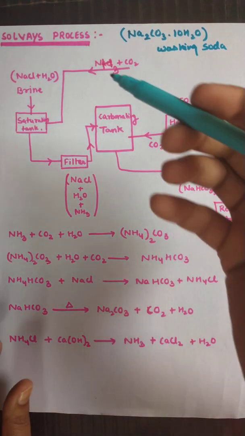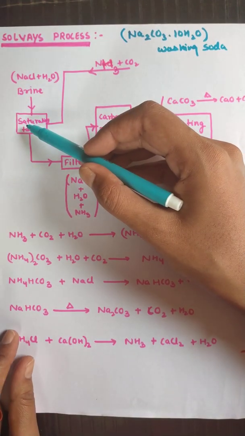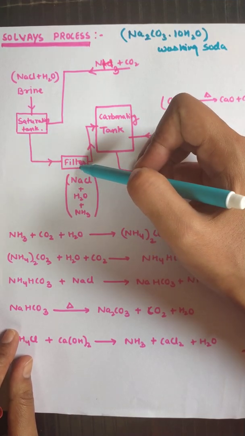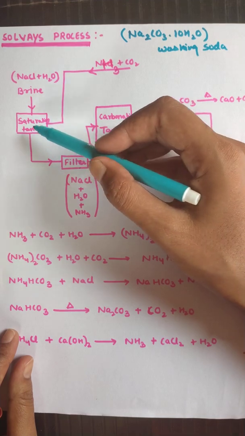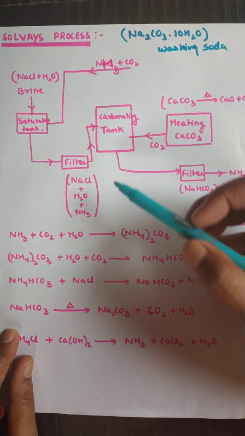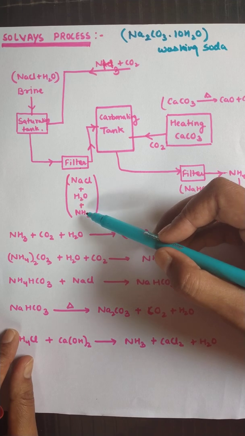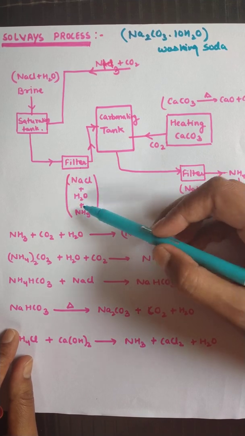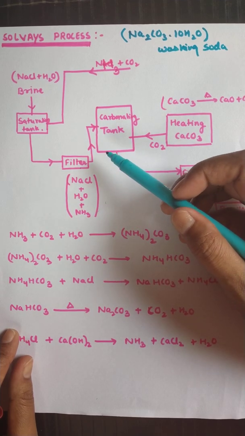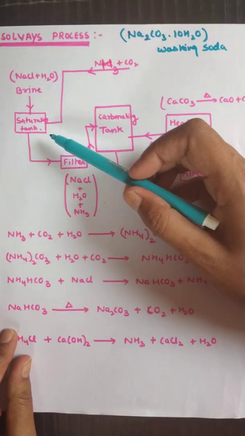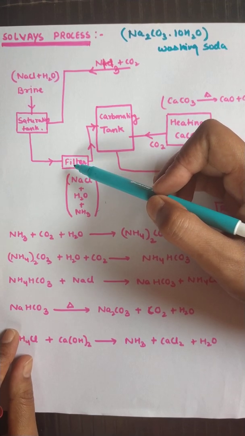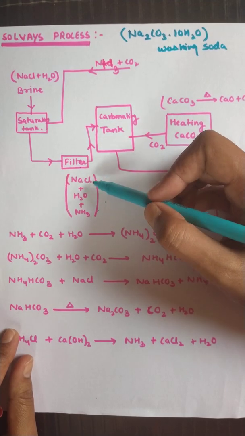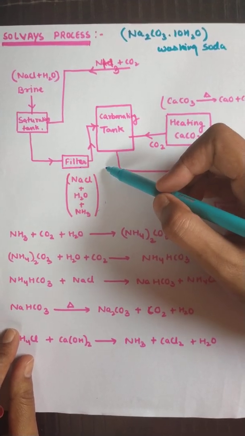As a result of this, many compounds are formed, and all these are filtered. All the residues get collected in the filter, and only NaCl, water and ammonia get passed. They get separated, and the rest of the chemical compounds formed here remain as a residue in the filter, while NaCl, water and ammonia are filtered away.